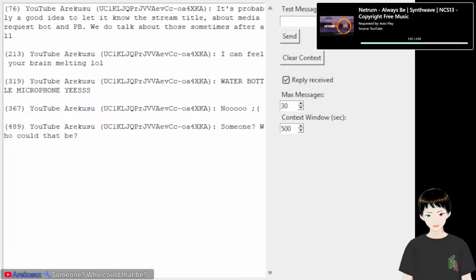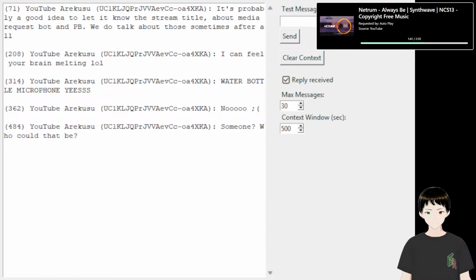I'm overthinking this right now, though. Gotta be an easier way for me to do this. Oh, this looks super easy compared to what the heck I'm doing.